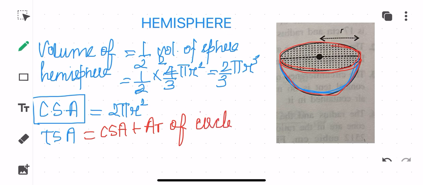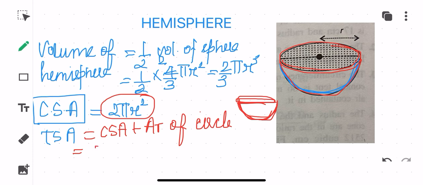Supposing that the best example of this is a lemon, children. The complete lemon, if you are taking, happens to be a sphere, and its surface area will be equal to 4 pi r square. Whenever you are splitting it into equal halves, that particular half is called a hemisphere. So the curved surface for hemisphere will be equal to half of that of sphere, that is 2 pi r square, but the total surface area has to include the top circle which is there. So that is the circle that we are talking about.